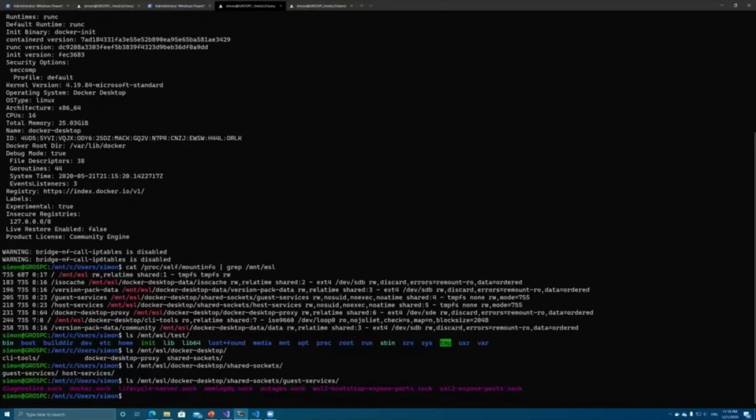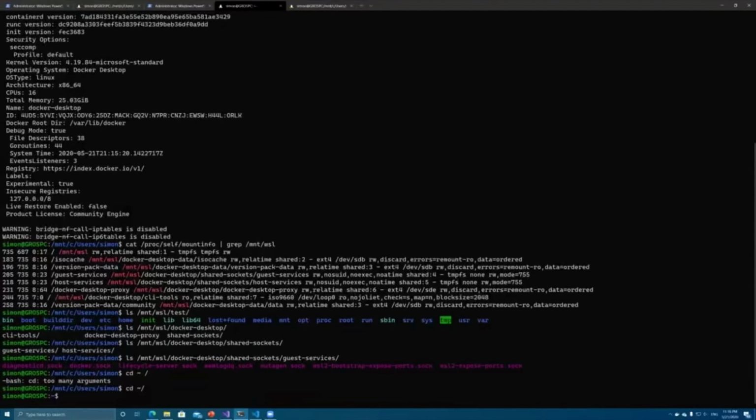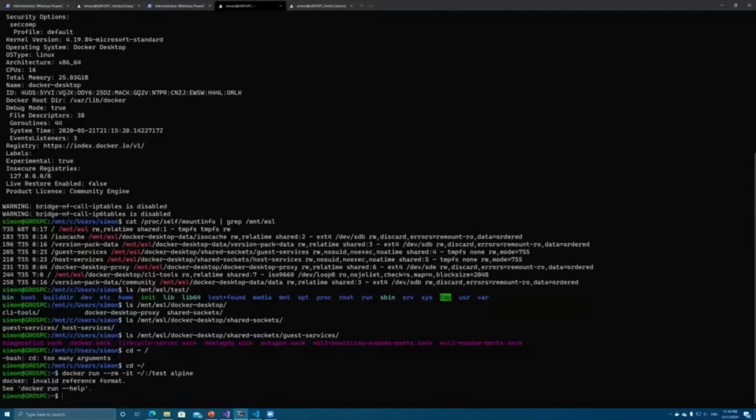So what we do is that we have a little proxy there. And if I do something like docker run, let's mount my home directory in an Alpine container. Oops. docker run -v